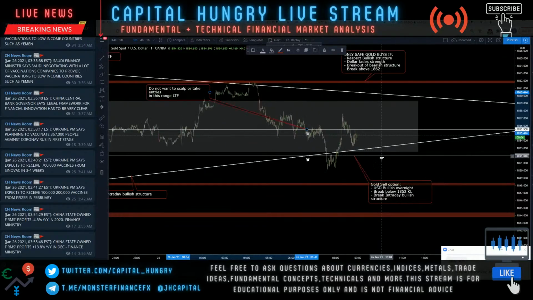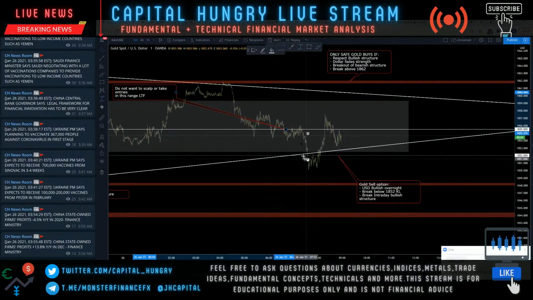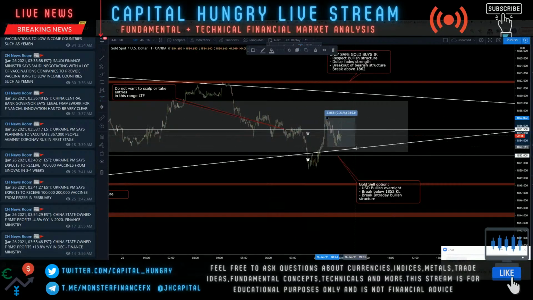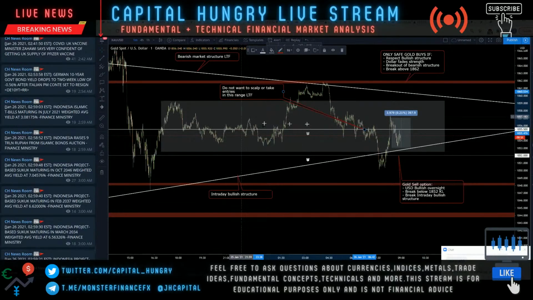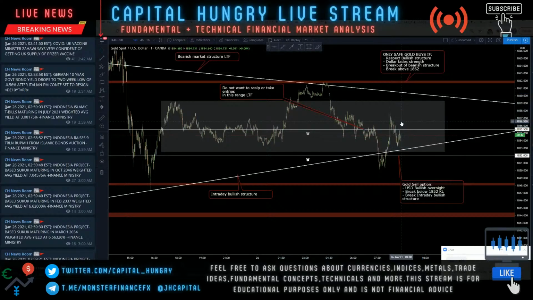Gold, we haven't been messing around with in this range. You can see we had that initial 50 pip upside move, downside move, upside move. Now it's just ranging. It's just playing in this range that I didn't want to stress or mess around with anyways, with these like 40 pip up and down moves. You know what I mean?